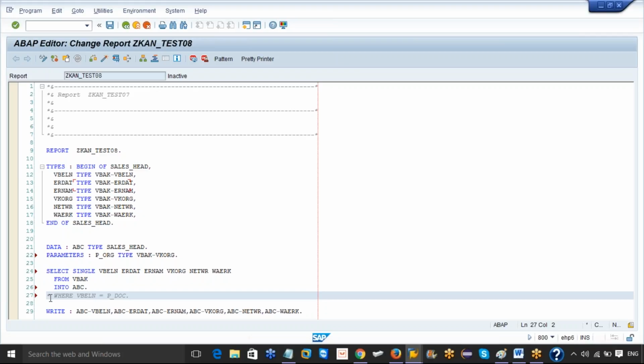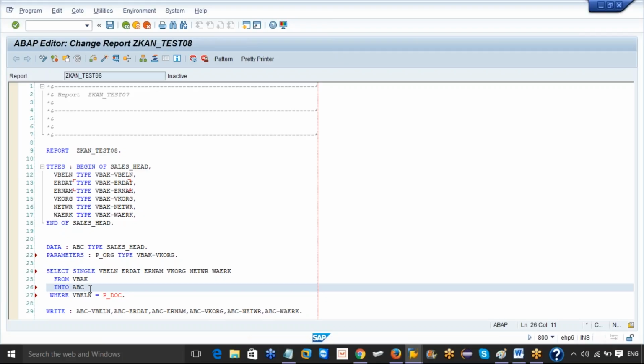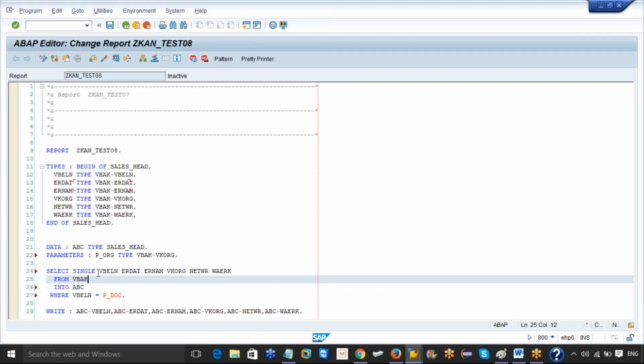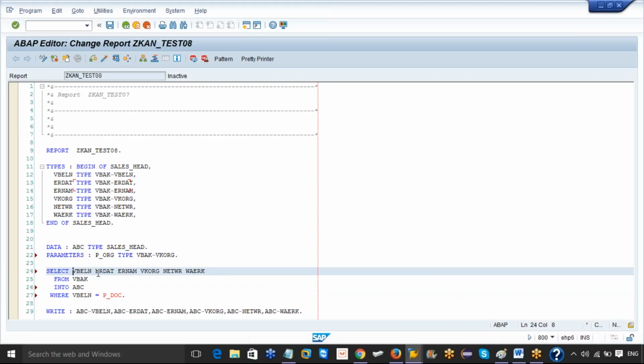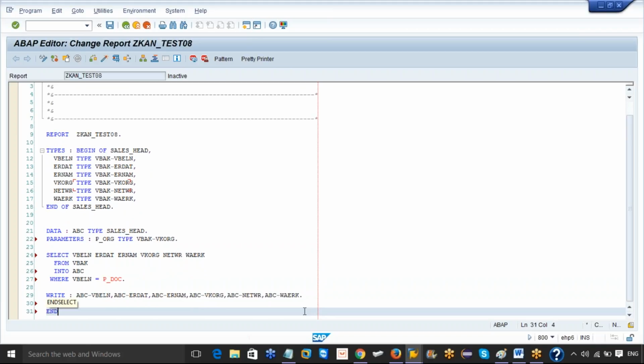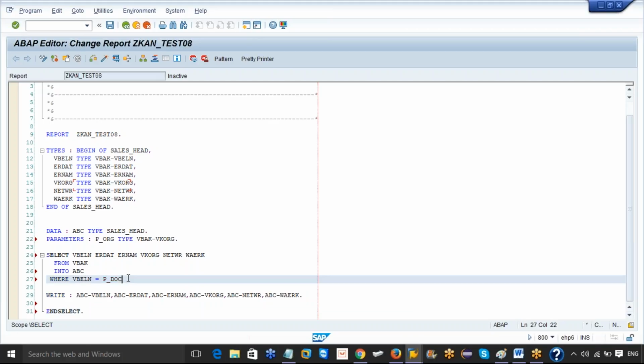Okay, so let us go back then. Now I don't want to use a single. I want to get multiple records. So what I will do is I will put SELECT and then I will use ENDSELECT over here. It is something like a while-do, some kind of a loop. Now SELECT and ENDSELECT will form a loop. And here in the where condition, instead of VBELN I will say VKORG equal to p_